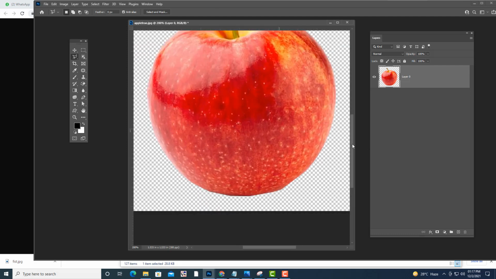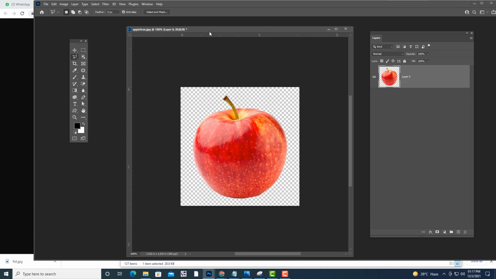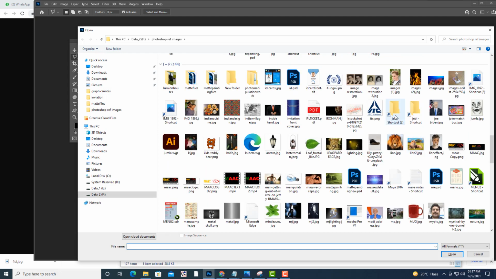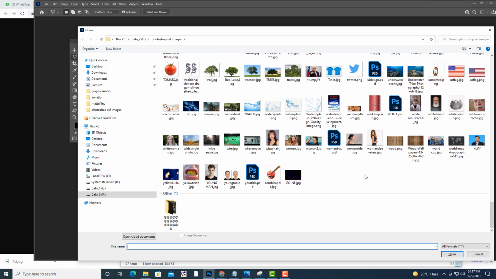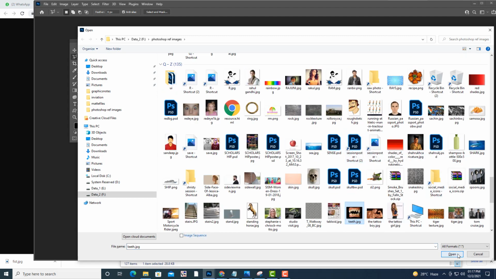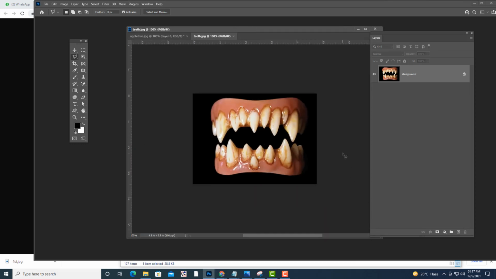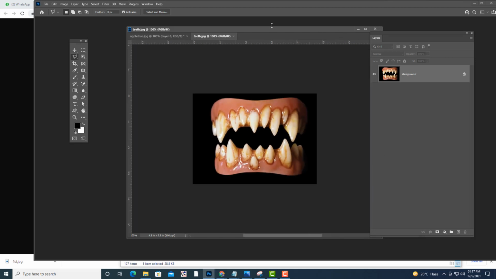So I'm going to turn this apple into a monster or a devil. Let us see how we can do that. Just a minute. I have imported this image of teeth.